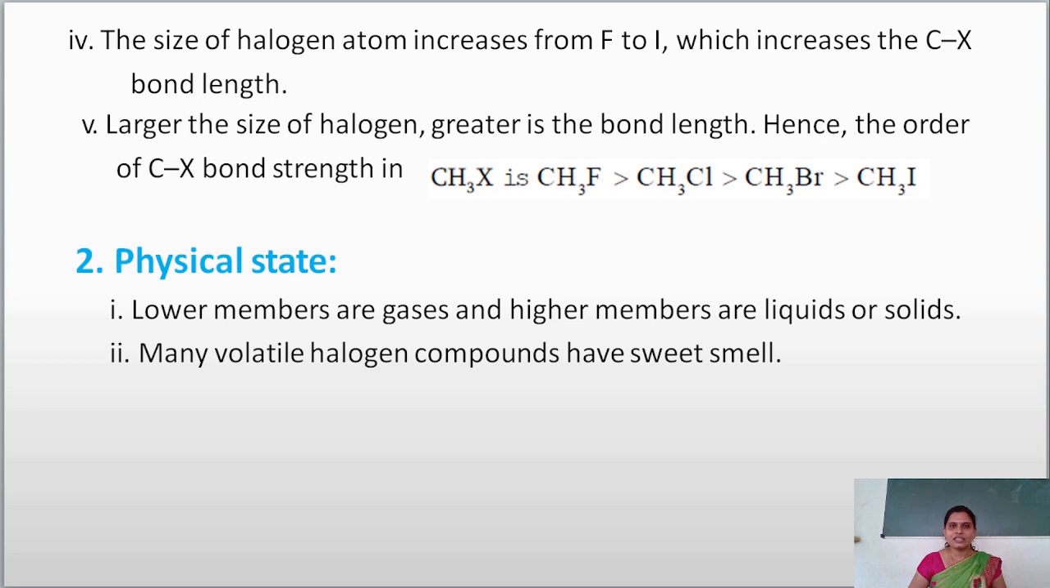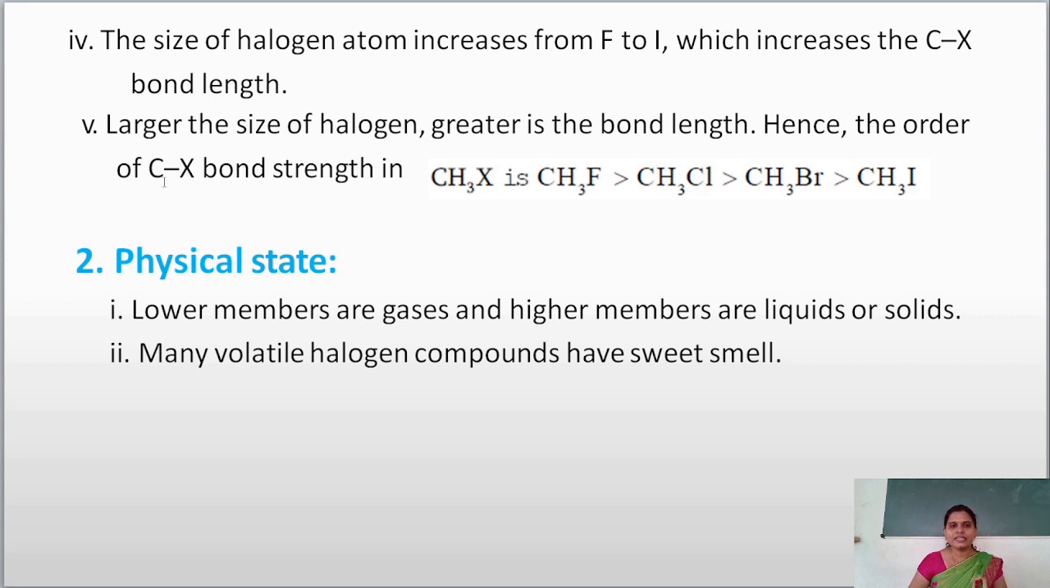Now, as the size of the halogen atom increases from fluorine to iodine, the bond length between carbon and halogen also increases from fluorine to iodine. And as the bond length increases, the bond strength decreases. Therefore, the last point is, the larger the size of the halogen, the greater is the bond length, and the greater the bond length,